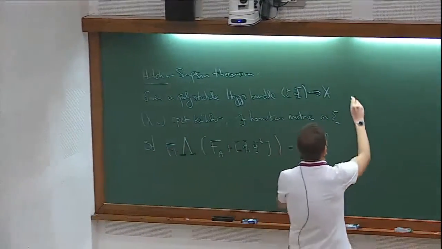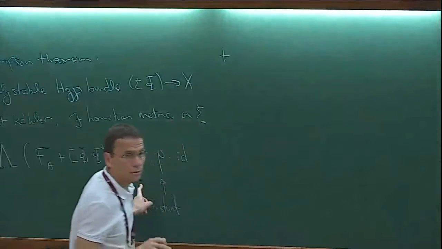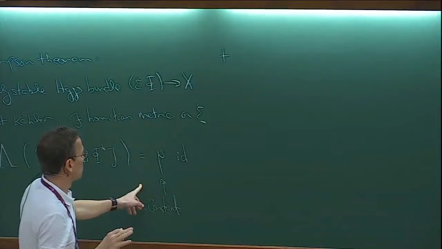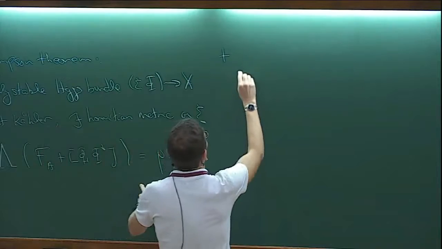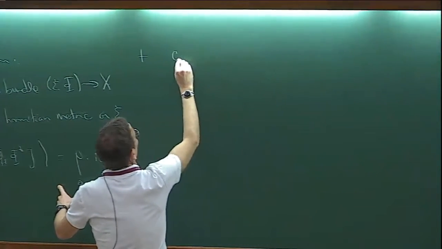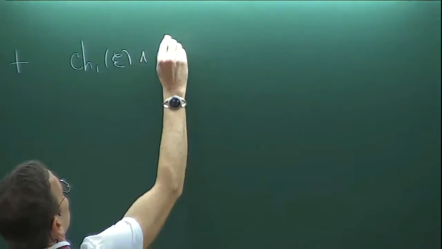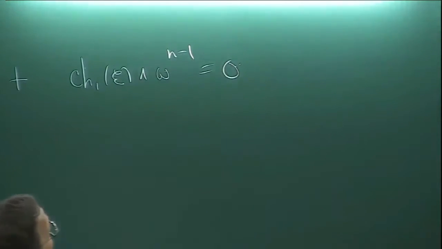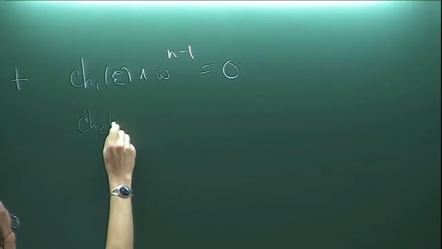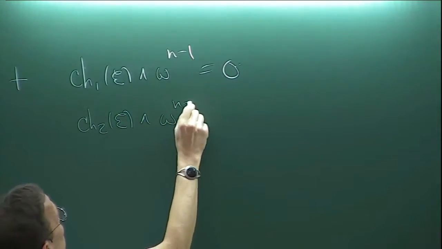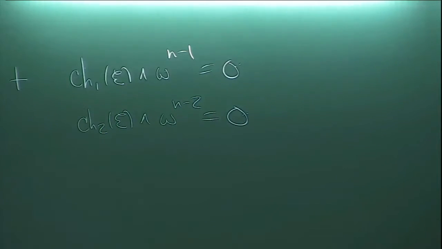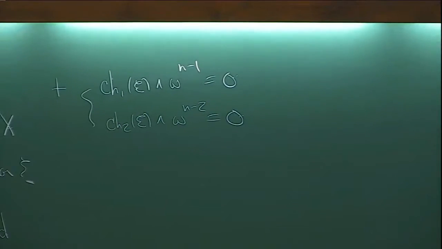And then under an additional assumption, and I think I got this wrong yesterday, so I apologize for that. Let me correct what I said. If I make the additional assumption that the first Chern class, Chern 1, intersected with the Kaehler form is 0, and Chern 2, not C2, but Chern 2, is 0. If I have these extra topological conditions on the bundle, then that implies that in fact mu is 0, and this actually lifts, and this is 0.